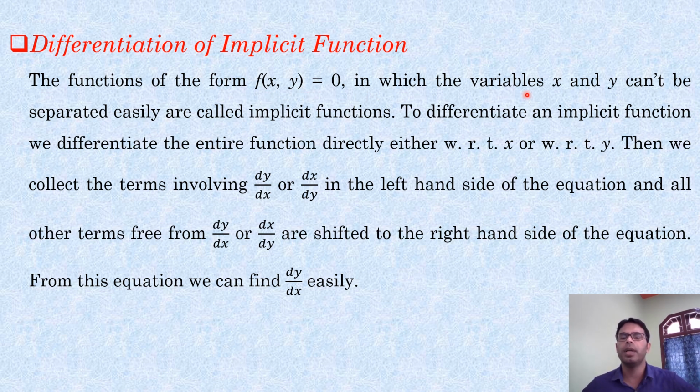So functions in which the variables x and y cannot be separated easily are called implicit functions. That means in some certain conditions you can separate the variables x and y also, but in general they cannot be separated easily, and these types of functions are known as implicit functions. So to differentiate an implicit function we have to differentiate the entire function,